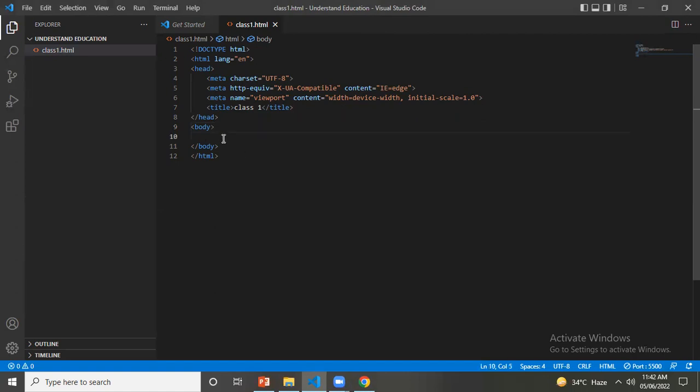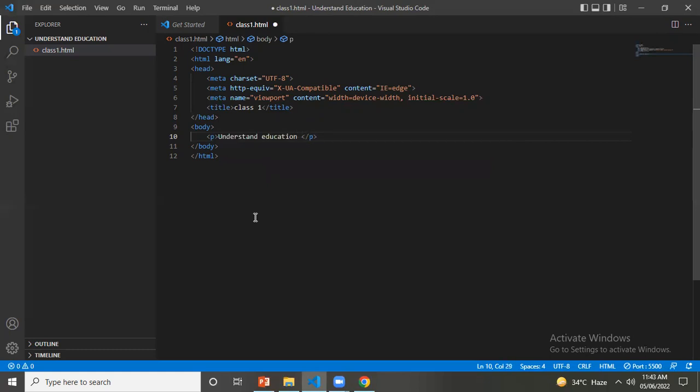So let's use our basic and first tag, the p tag, which is used for paragraph. Okay. As you can see, this software is very good. If you write any tag and press enter, then the closing tag will be automatically written. If you use Notepad or Notepad++ software, then you should write each and every character by yourself. The software will not help you to complete the tags. Okay,